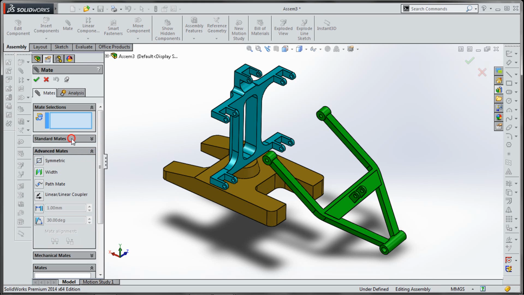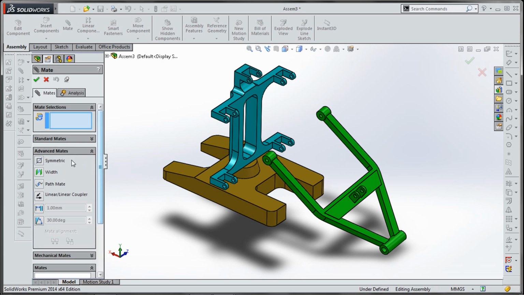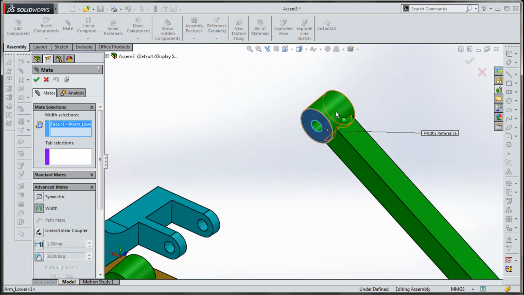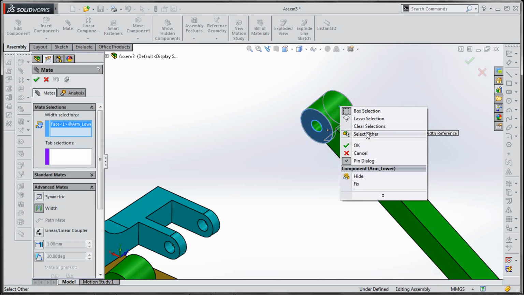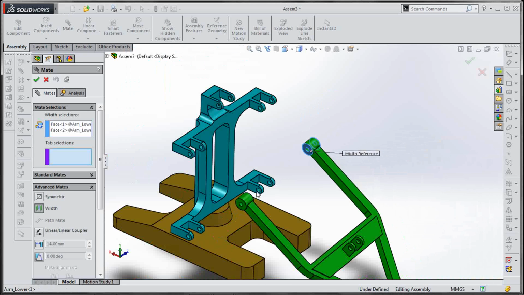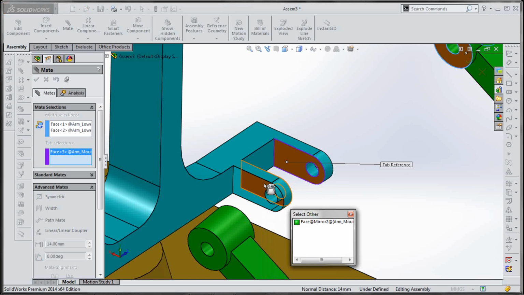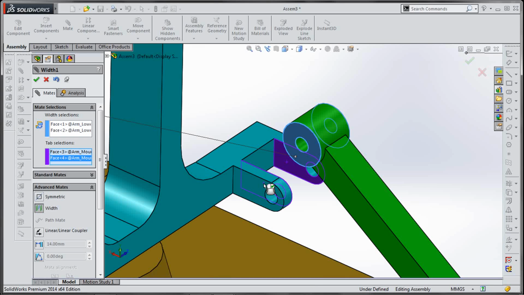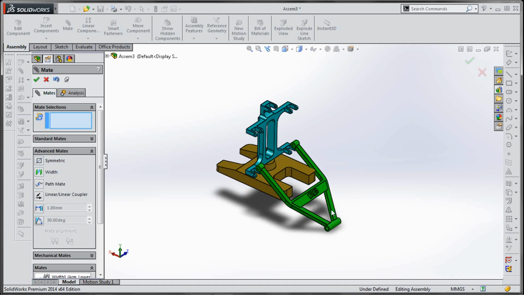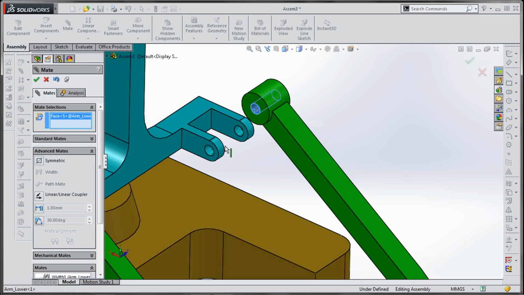You can find that not in standard mates, but in advanced mates. So width mate, and choose this. I use select other to select hidden faces, because it's easier, you don't have to reorient your part all the time, and in my opinion it's fast.